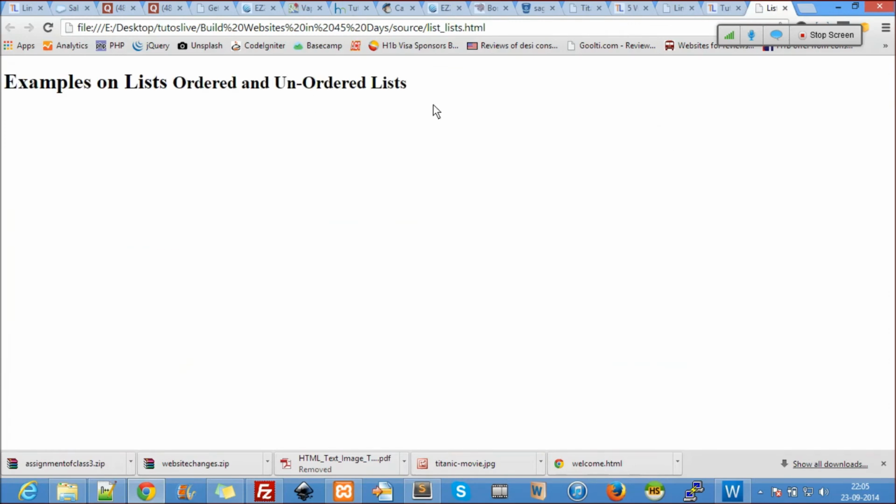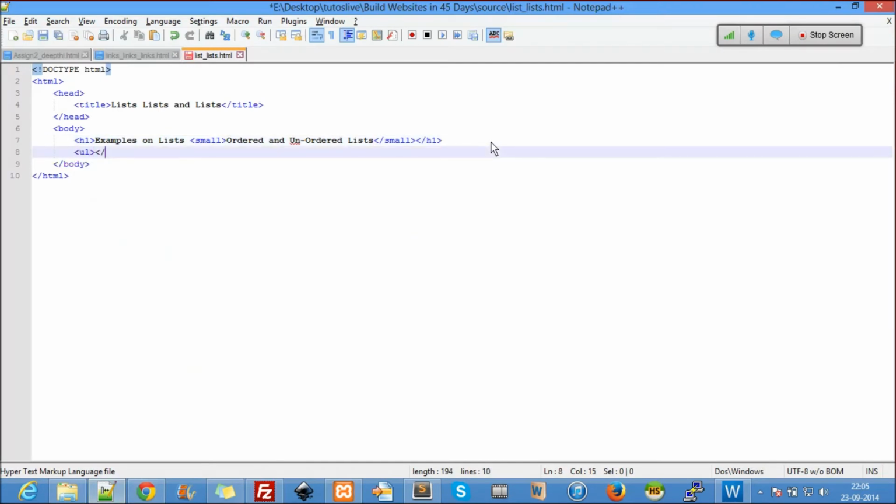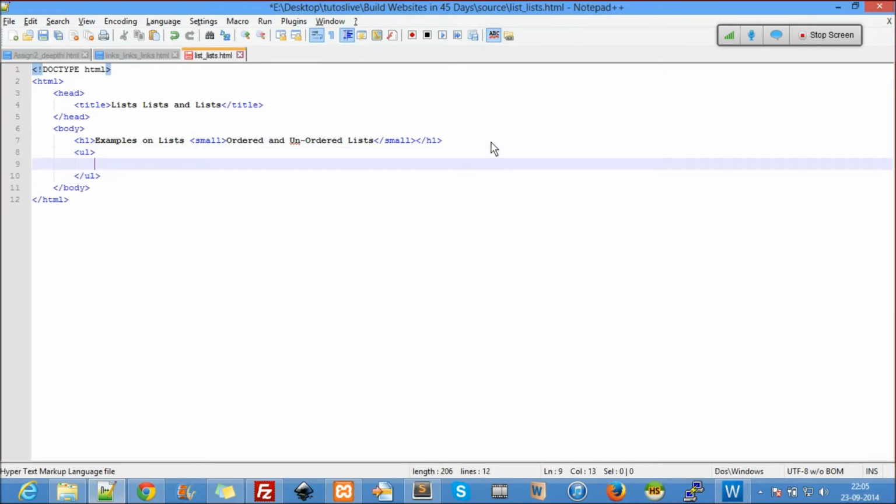Yep, it's here. Now let's see, UL. UL will not go inside a P, remember that, because both of them are block level tags. I'll discuss block level tags later. So let me first show the unordered list.